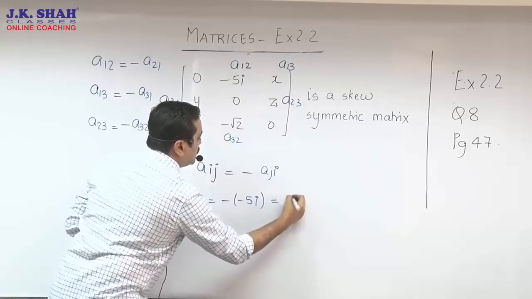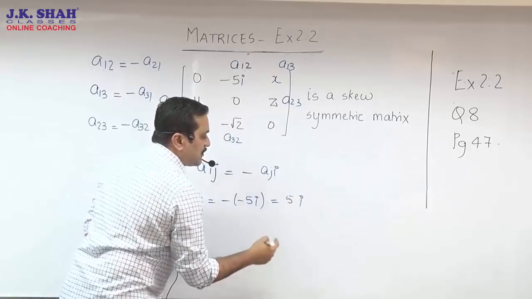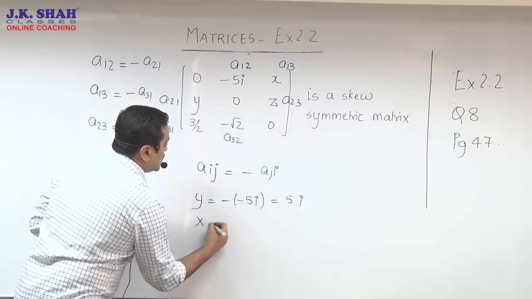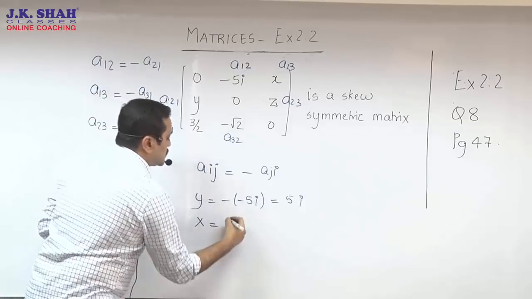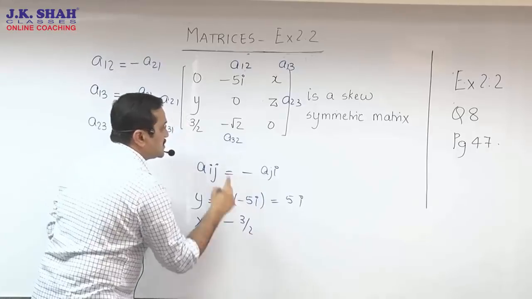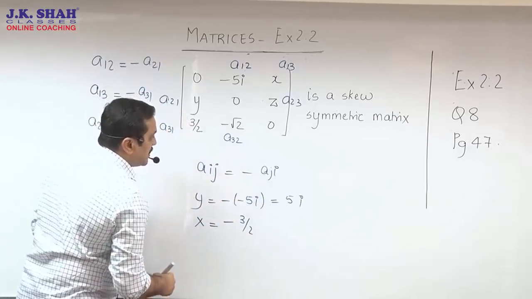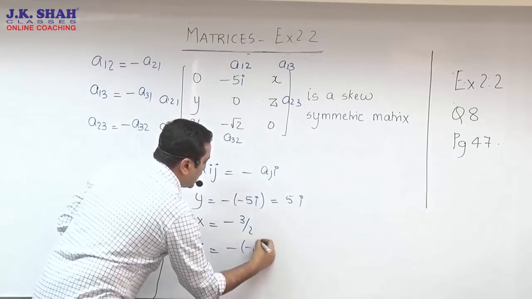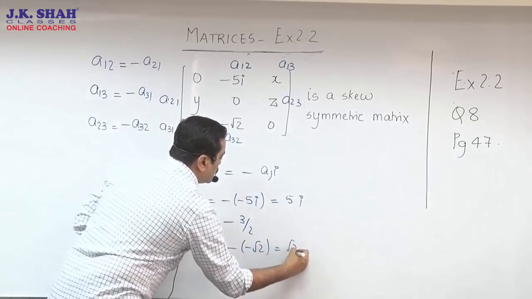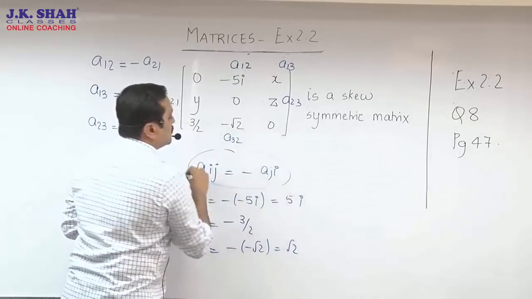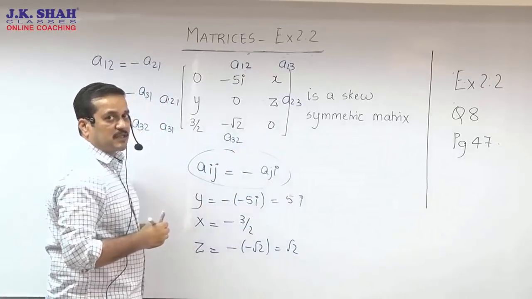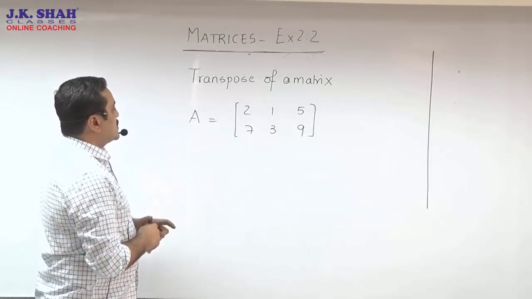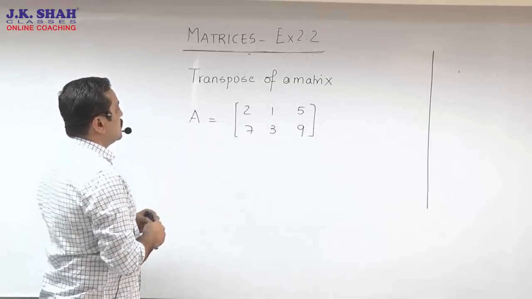which is equal to 5y. If you have gone through your FIC, i is the imaginary number. Now x is equal to not 3 by 2, it has to be minus 3 by 2. Remember, it's a skew symmetric matrix, it's not a symmetric matrix. And then finally my z will be equal to minus of minus root 2, it has to be root 2. Your opening point has to be that one. Without that you cannot mention all these things. So please note that.